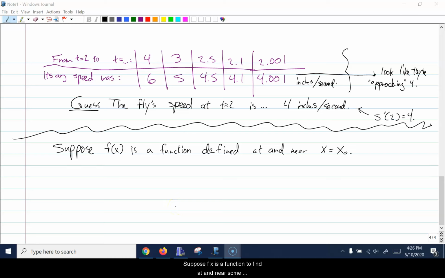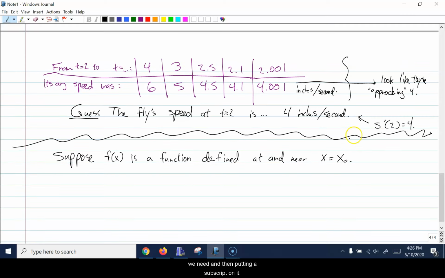So suppose f of x is a function defined at and near some specific point x0, or x naught. Naught is the English, as in England, word for zero. So this is a way of saying x0. I don't know why mathematicians caught on with using x naught instead of x0, but that's what we mean. And I'm putting a subscript on it to indicate this is a specific x value that I want to know what the derivative is. Then, the derivative